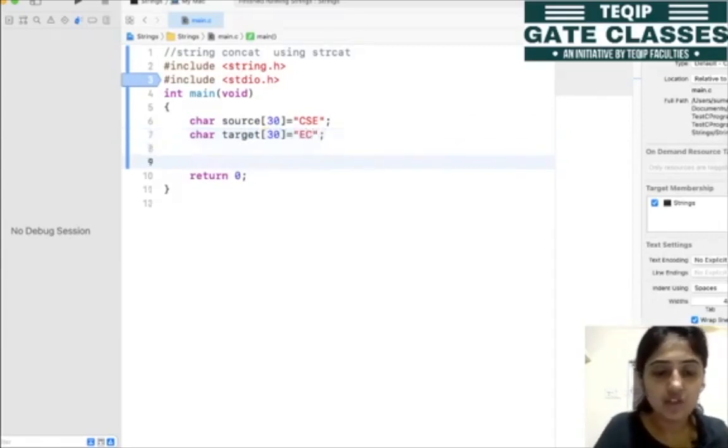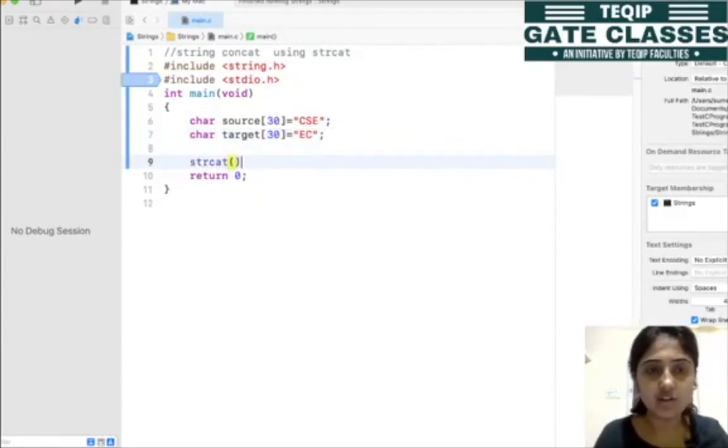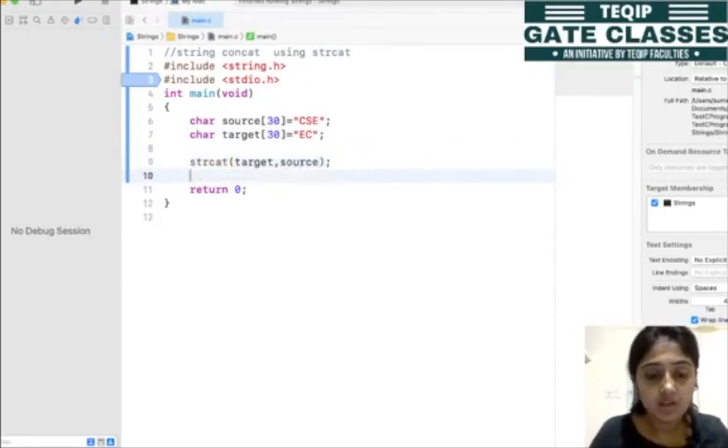Now we need to add this function. This strcat function has two parameters. The first parameter is the target variable, then the second parameter is the source variable. Then I want to print the values of both the target and source. So let me add this \n.